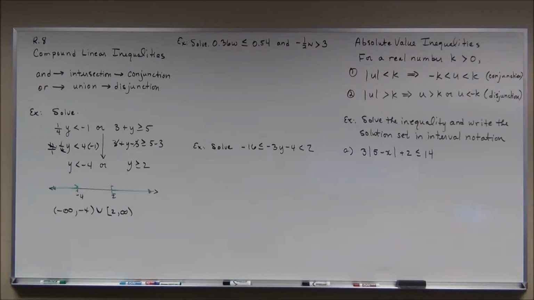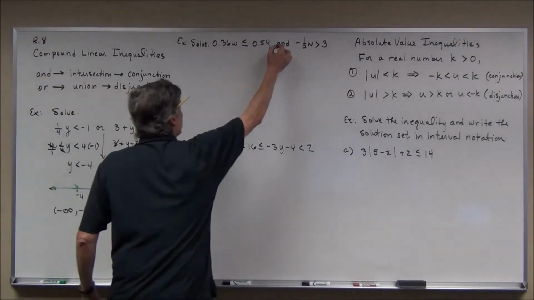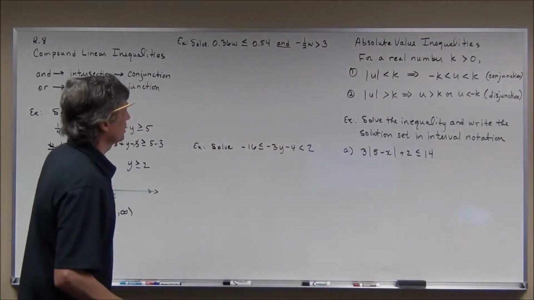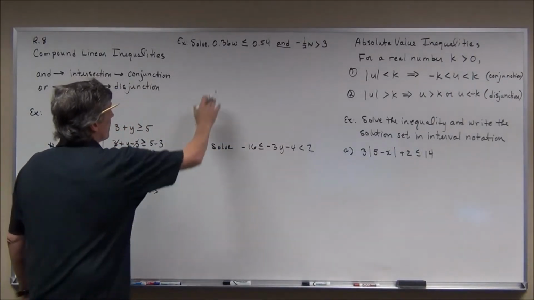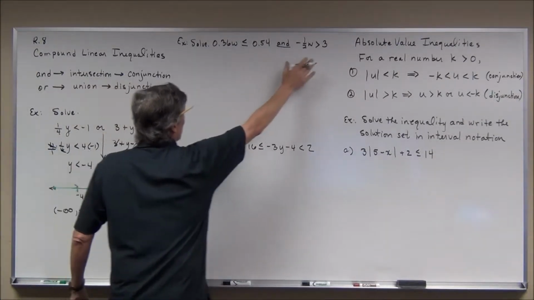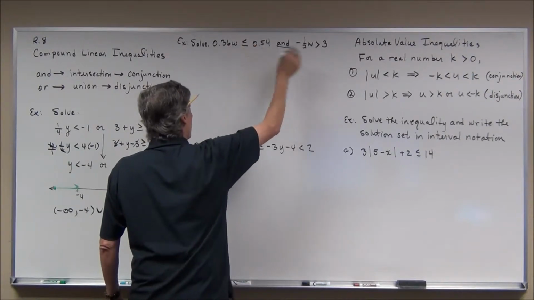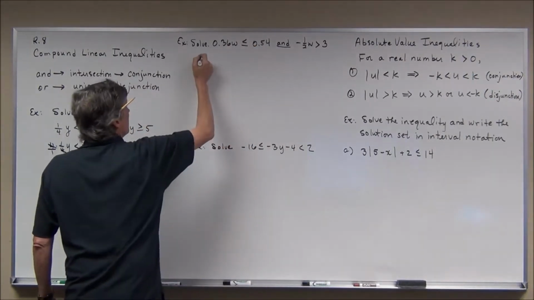Now the one that's above here, this is an and. It's also pretty straightforward as far as solving. I threw in a couple of decimals just to make it interesting. But I'm going to go ahead and solve this, and I'm going to solve this, and I'm going to take the intersection. What is common to both? And in this case,